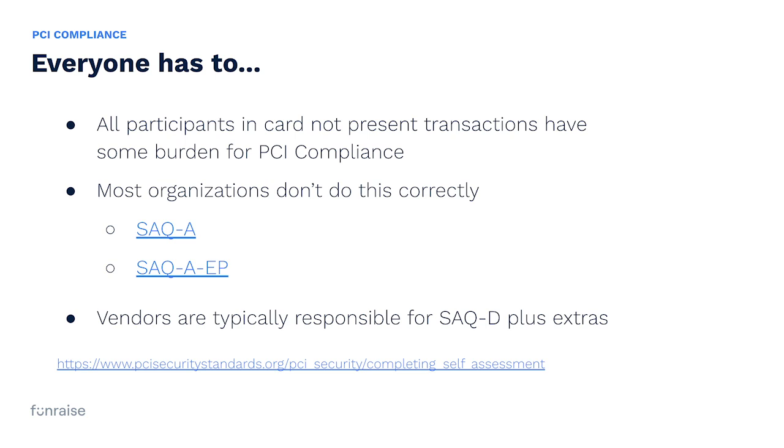That's more likely because you can't work with banks if you're not PCI compliant. But I think there are a lot of intermediate type payment facilitators that skirt the rules, and they facilitate the payments, but maybe don't go through all of the particular hoops that it requires to be compliant. So this is just a picture. This was like 5 years ago when we were talking about starting Funraise. We looked at this problem very heavily and we were like, what's a way that we can architect ourselves to minimize the PCI scope of our customers?